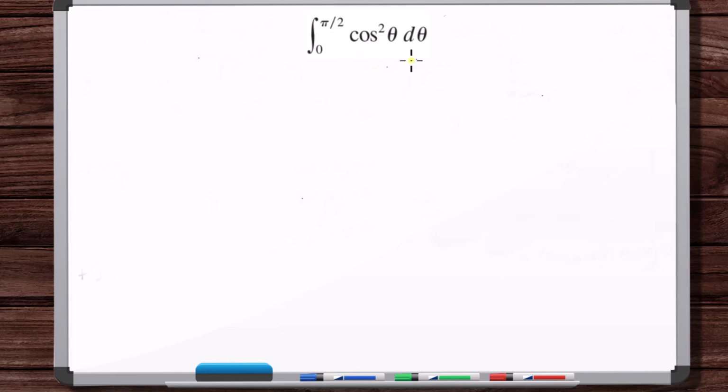Okay, and when it comes to even powers of sine or cosine, either just a cosine to an even power, just a sine to an even power, or a sine to an even power multiplied by cosine to an even power, to solve it, we need to use the corresponding half angle identity. So the half angle identity here is cosine squared theta is equal to 1/2 times 1 plus cosine 2 theta. Okay, so if we apply this trig identity,